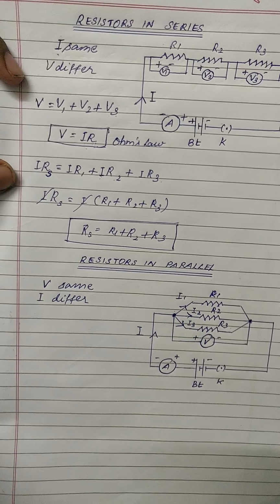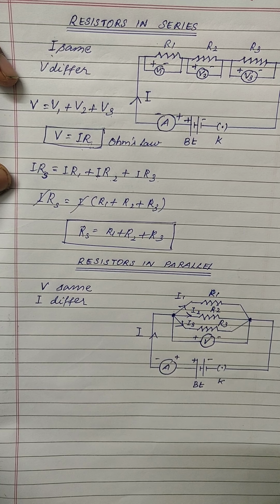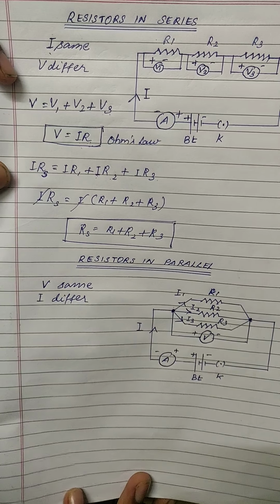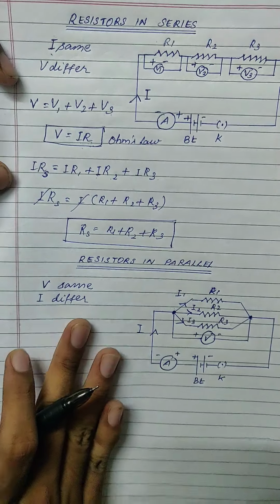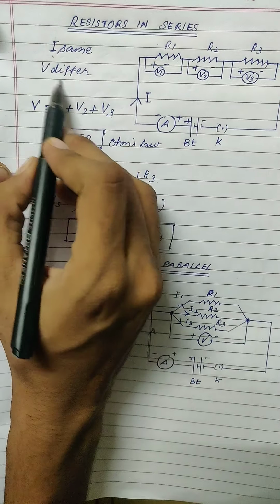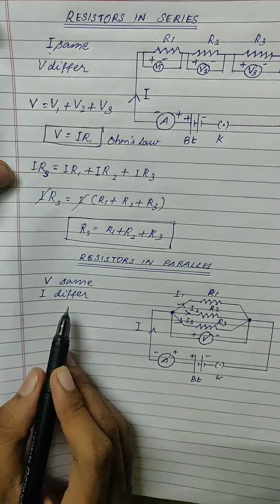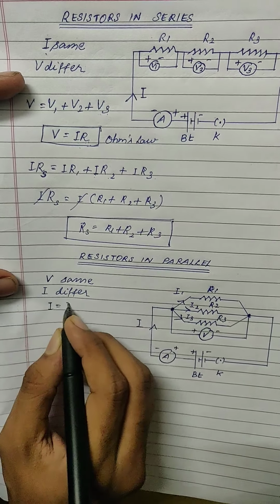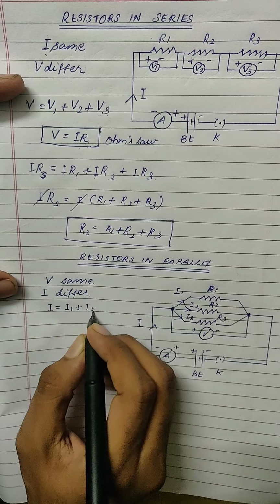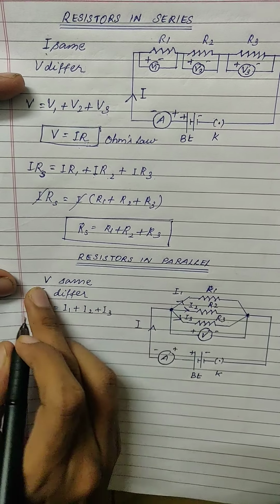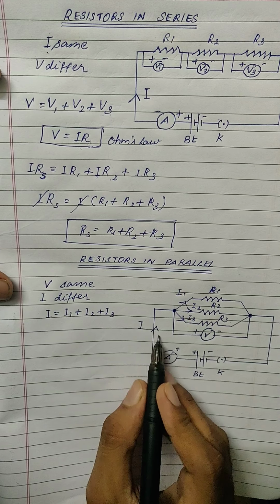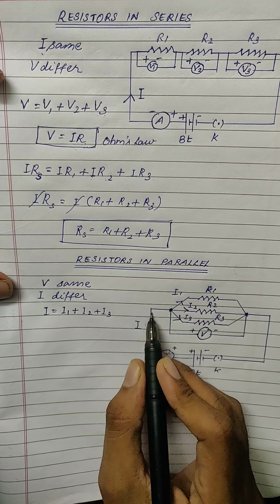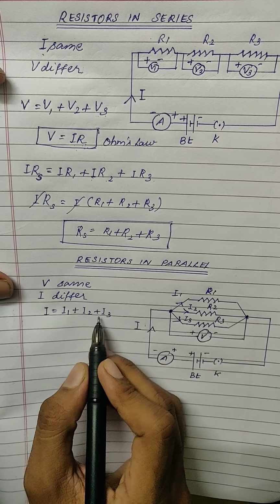So this I think you have to understand when the resistors are connected in series. Okay, now moving on to resistors in parallel, you are applying the very same concept over here. Here what we took first, which one is different, that we took first. Similarly here the different entity is I, so we are going to take I. So you will be getting I is equal to I1 plus I2 plus I3 because here current is different. So the current that is going on here is being split at the junction as I1, I2 and I3. So I is equal to I1 plus I2 plus I3. I hope you can understand this.